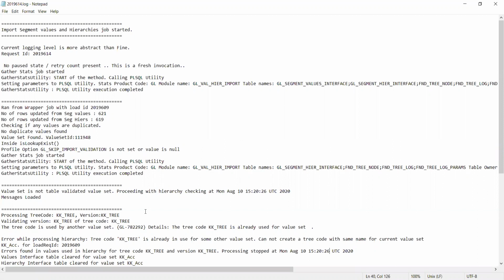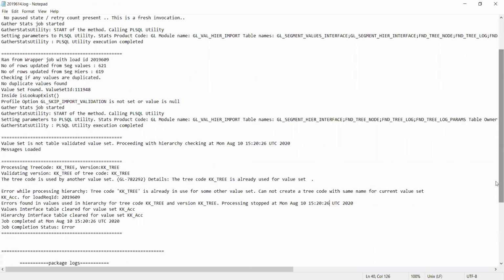So if you see here, the issue is not about the values, but the tree code that we are attaching. It was saying tree code KK underscore tree is already in use for some other value set. So basically, we created this value set and we have loaded initially.